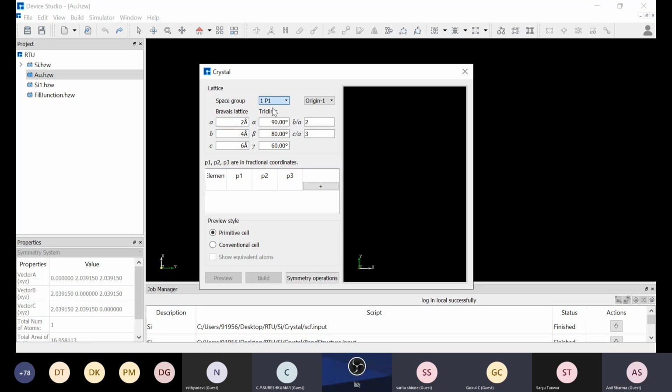This is crystal. You can define different space group options. You can choose the space group as per your requirement. A lot of space group options are there. You can define the ABC value here, and the primitive cell vector, that fractional coordinate point. You can add the fractional coordinate point, primitive cells, conventional cells. You can check the preview options, and then you can also click on the build option to build your atomic structures, crystal structures. So this is a crystal maker that will help you to build your crystal structure and cell, primitive and other